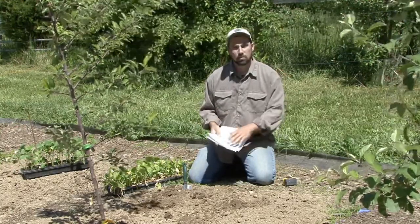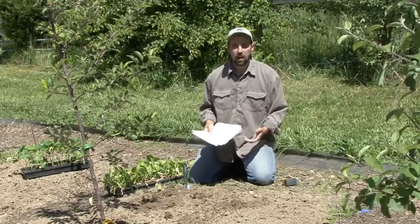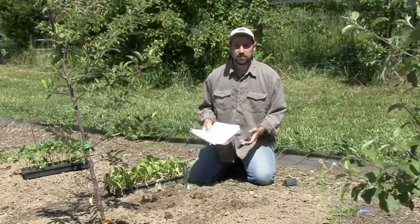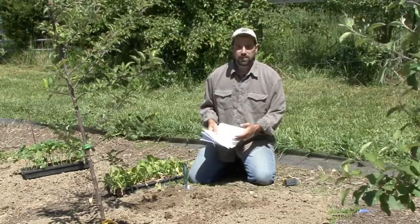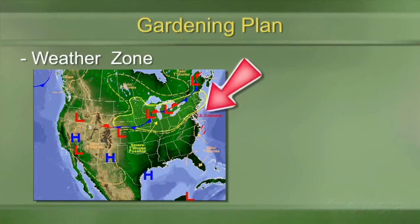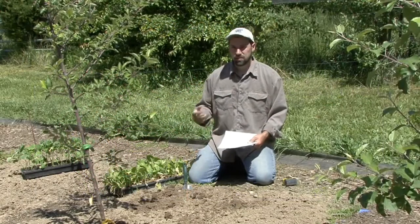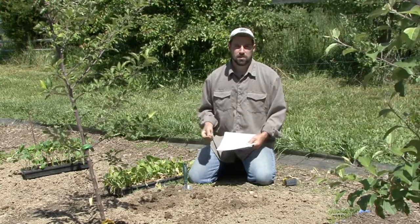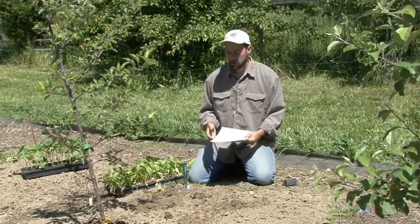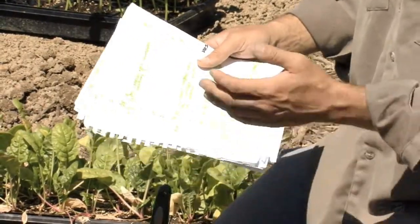We'd know what to plant and when. And then the more popular and more commonly planted garden items, like our peppers, tomatoes, all these different kinds of very popular vegetables, we would plant them a little bit later after the frost is definitely gone. You can refer to your weather zones to see which zone you fall into, and that will give you the last date of frost. So that'll tell you this is probably going to be the last frost for your area. After that, then you have a green light to plant warmer types of crops, like those tomatoes and peppers that we talked about. So your garden plan can go from spring into the summertime and even up into the fall,